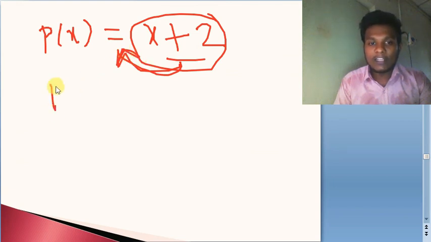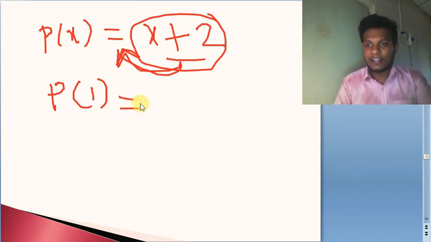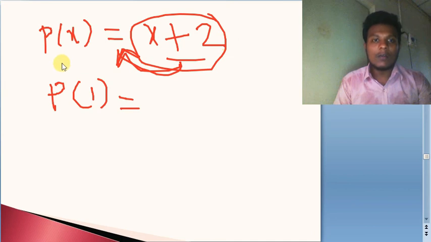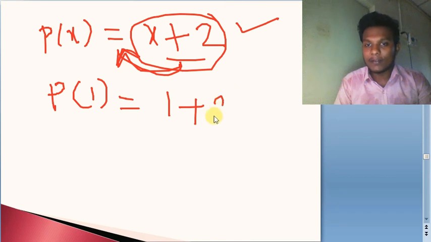If I ask you what is p of 1? If you recollect, this is exactly what we did with algebraic expressions in our 8th class, to find the value of a given algebraic expression at a certain value. Here p of x is given to us as x plus 2. We are asked about p of 1. In this polynomial, in place of x, what do you have to give? Only 1. Wherever you find x, simply substitute 1. It will be 1 plus the remaining term, which is 2 only. So 1 plus 2 is what? 3.